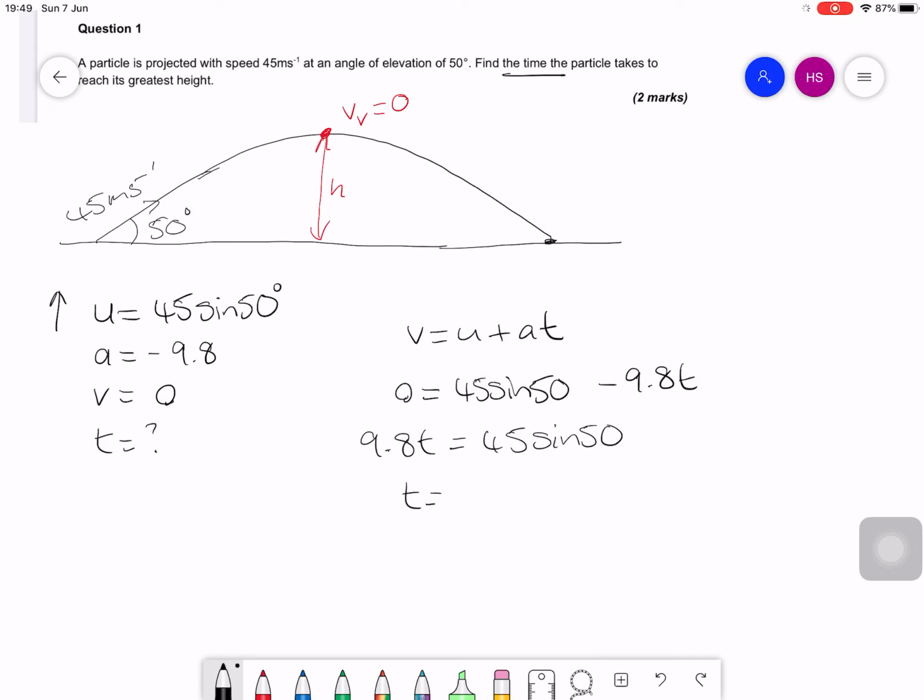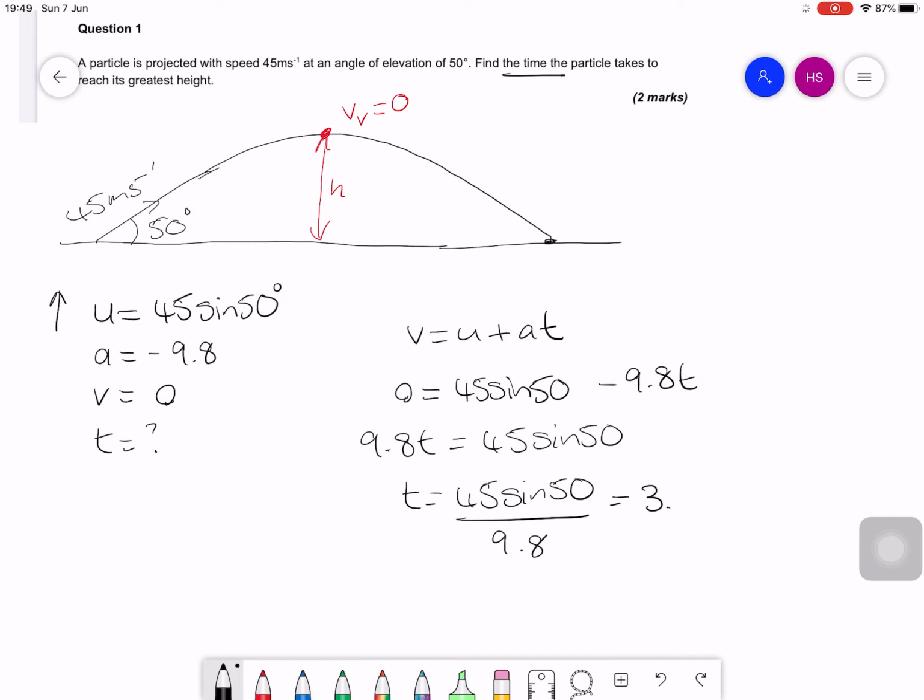If you just leave it as 45 sine 50, it just means you don't have to bother picking your calculator up until you need to do just this final calculation. So I'm going to divide that by 9.8, and I'll just stick that whole thing into my calculator. So 45 sine 50 all divided by 9.8, oh, give me a syntax error,